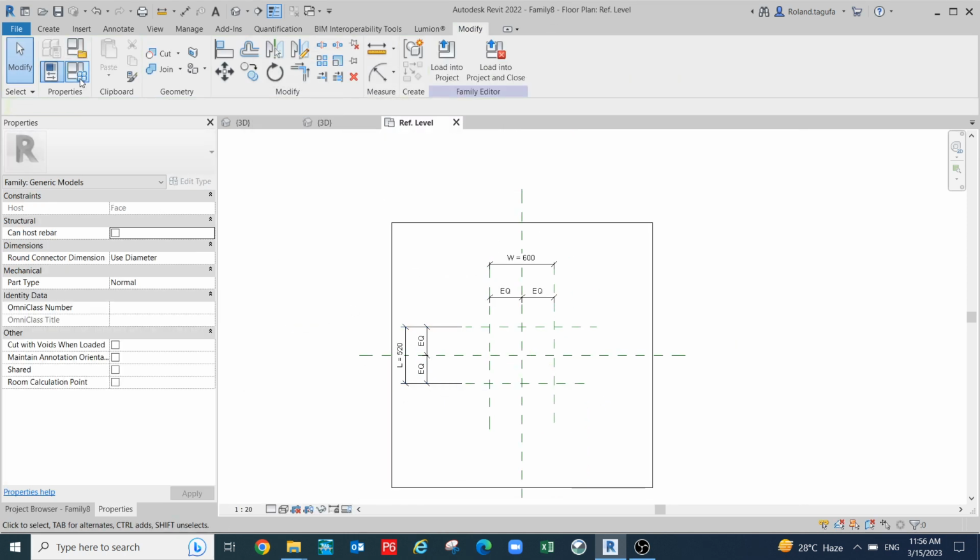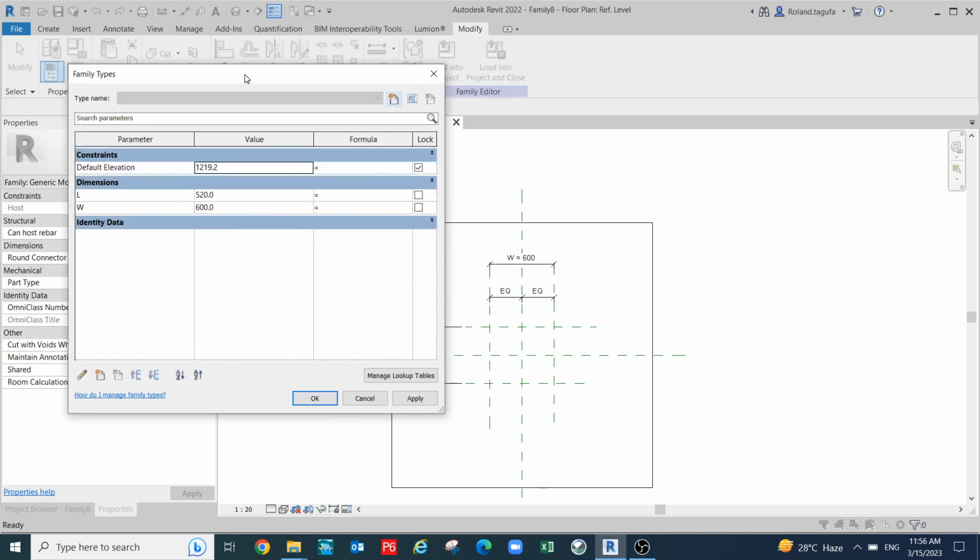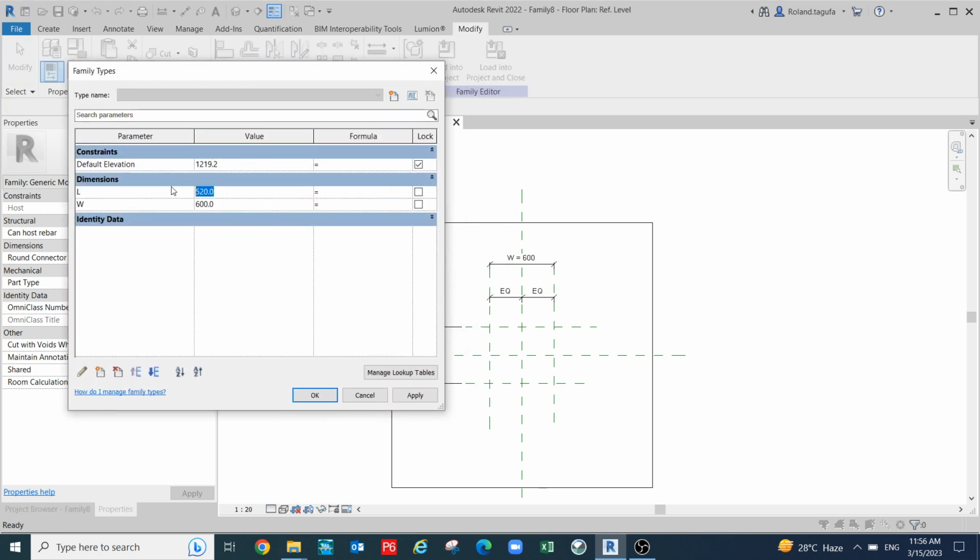Then let's flex it. If it's flexing, let's say I want this one W 1000. Apply. W let's say 800. Apply. Okay, and then we will make a void, but first